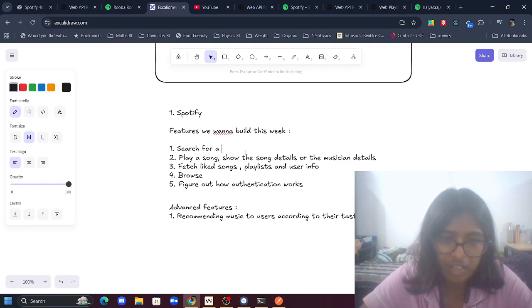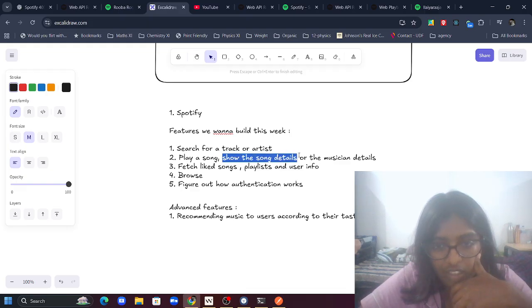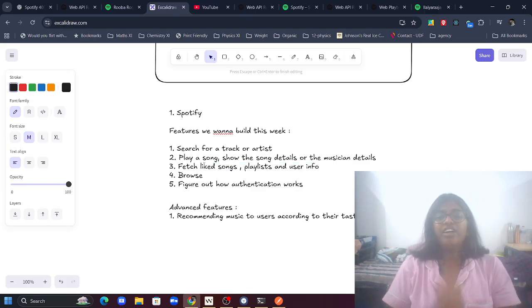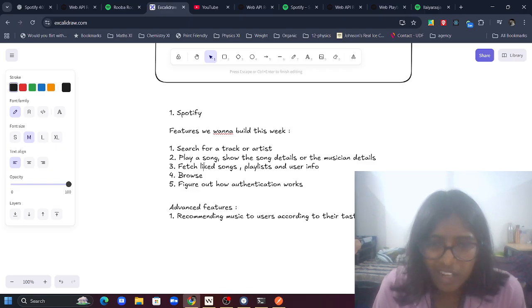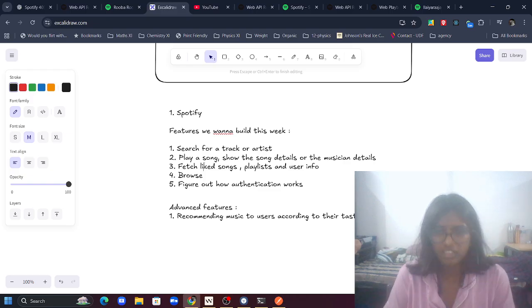Okay, let's name it as track, because that is what they've named in their APIs. Show the song details, which we have got. We have got the track details, right? And the musician details as well. And okay, so basically, are both of them same? Like this search for a track or artist, or you are playing a song, show the song details or the musician details? I mean,